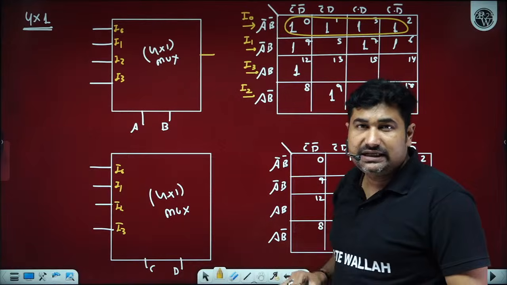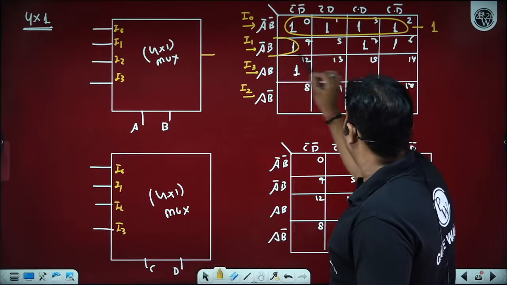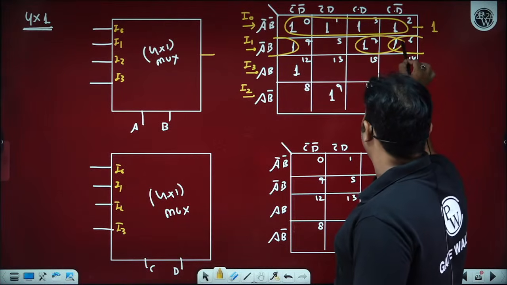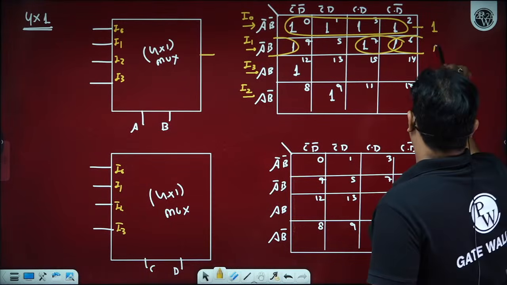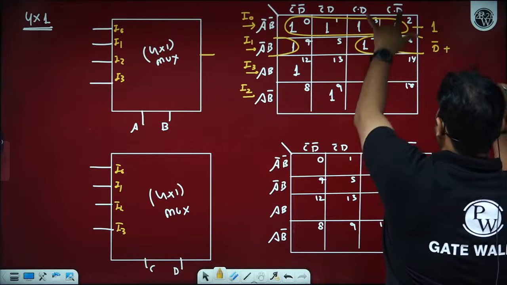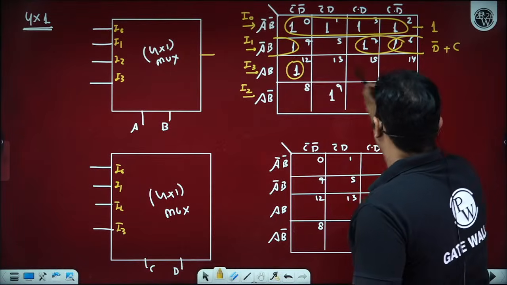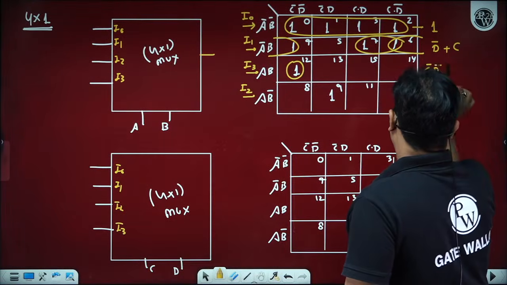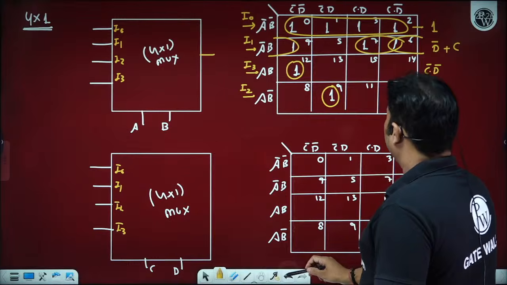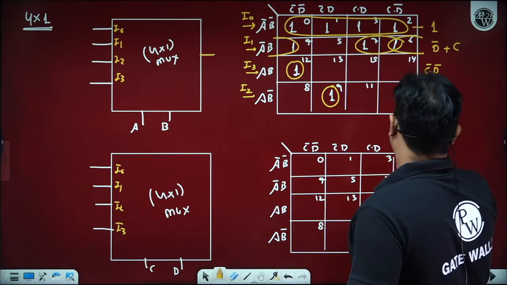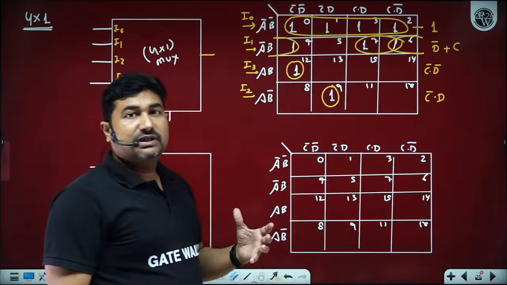It means out of C and D, what we have to consider. So here we have logic level 1. Here we have this pair and another this pair. So the corner pairs in C and D will give you D bar, and the last two pairs will give you C. So we can apply C plus D bar. Here this is alone, so alone will give you C bar D bar, and here we have alone. Alone will give you A. AB is already there. C bar D. It means the function can be implemented, but when we are going to implement a function, along with the function we need logic gates as well.